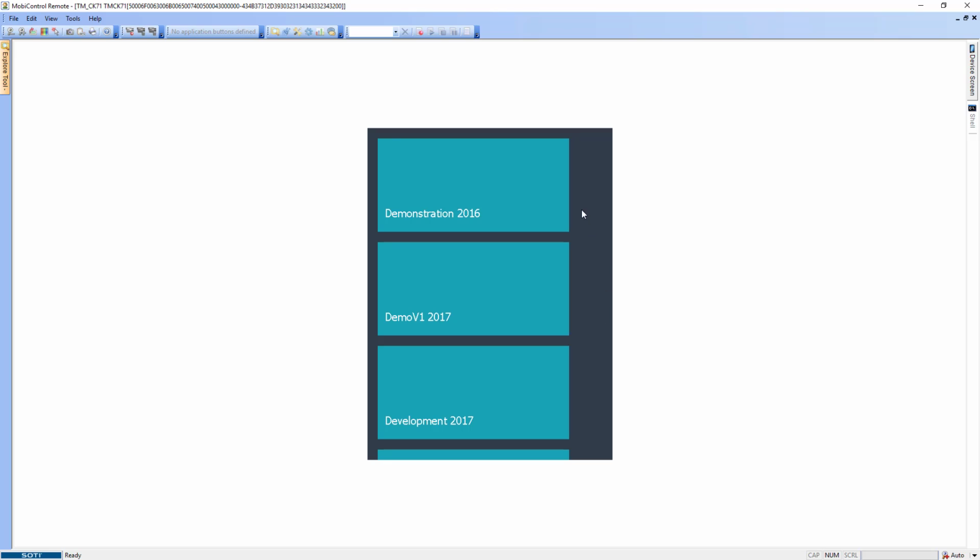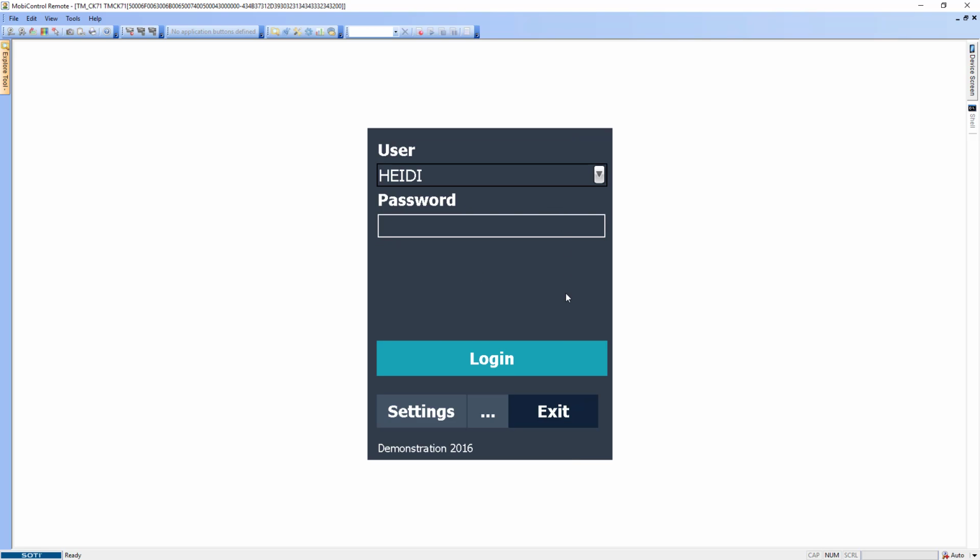Here you can see we have rather a lot of settings. Typically a customer would have, say, a test environment and a live environment. I'm just going to switch back to demonstration 2016 here. If we now log in,